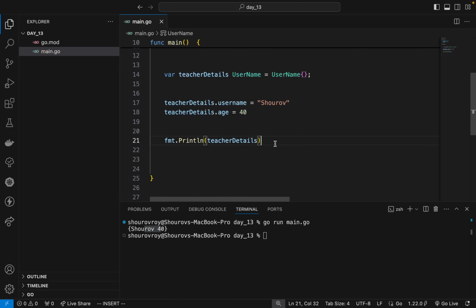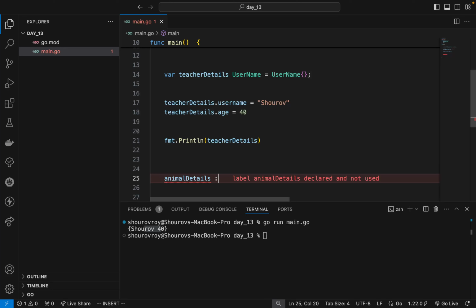We can always create a new thing. For example, animal type, not type details. It's a variable, and the traditional way we are declaring it. In this case, as we don't need to reuse that struct type, we can directly use a struct,